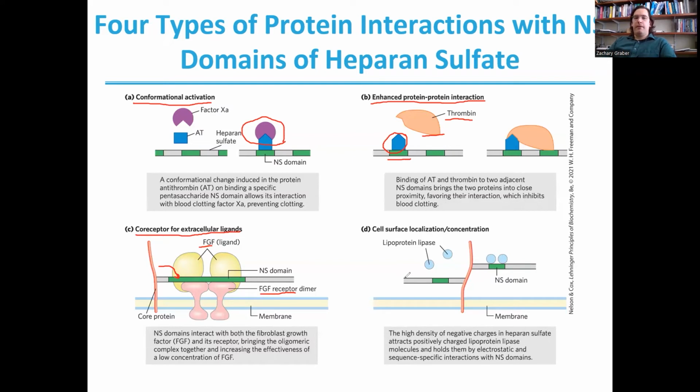In some cases, they may also be used to increase the concentration of ligands near the cell surface. So if we have particular ligands that will bind to our glycosaminoglycans, that will then increase the relative density of those molecules near our cell surface. So that can then allow them to, again, increase their interaction with other molecules because we have a higher relative concentration there near our cells. So all of these are different ways that our proteoglycans will use those carbohydrates in order to increase various interactions between our cells and other binding partners.